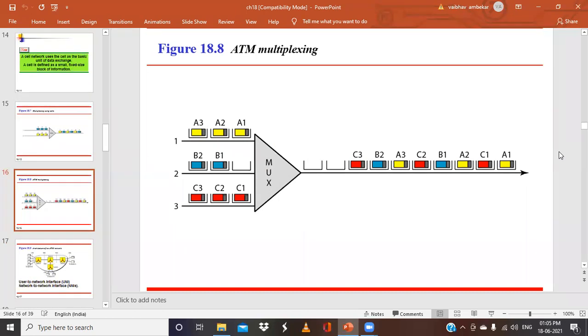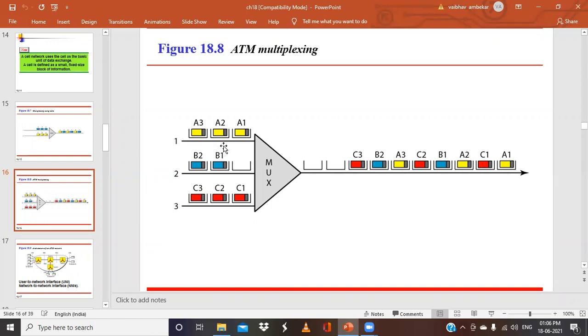So basically, how does it work? A cell is a small data unit of fixed size. All the data is loaded into identical cells, and those can be transmitted with complete uniformity and predictability. It is meant for asynchronous transfer. As frames of different sizes arrive and reach the cell network, they are split into multiple small data units.